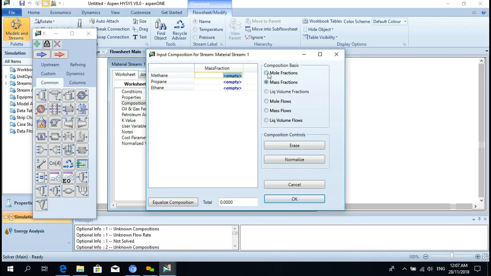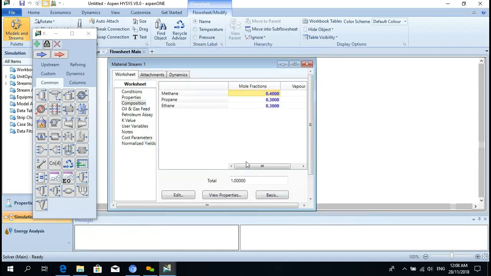These three, we need to put composition in such a way that the fractions total 1. So put 0.5, okay, no problem. Now put 0.4, 0.3, 0.3. Okay, see, done. Here total 1 is okay now.